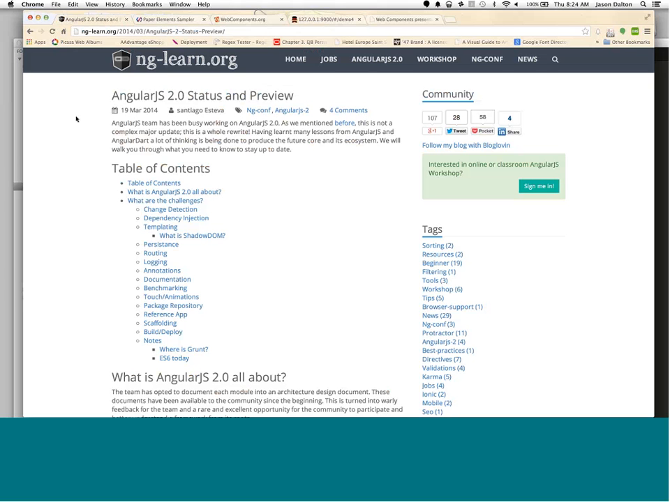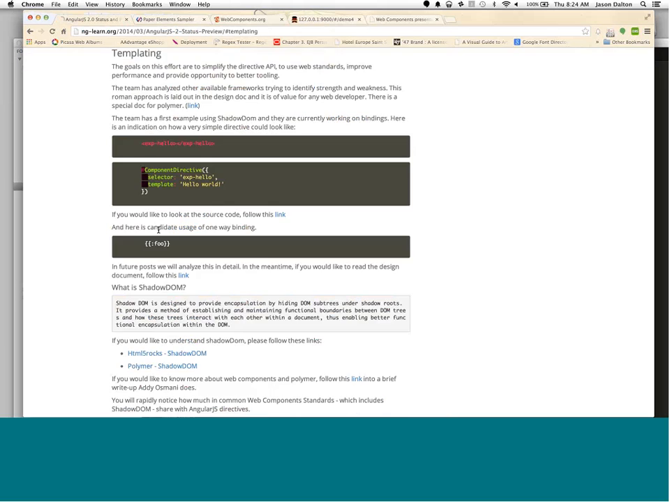This is some of the Angular 2.0 status and previews, and one of the things you can see here is about templating. And this is where they talk a little bit about shadow DOMs and what they are trying to do. If you are a member, if you go out to Angular, the teams actually will publish the meeting notes from the weekly meetings,